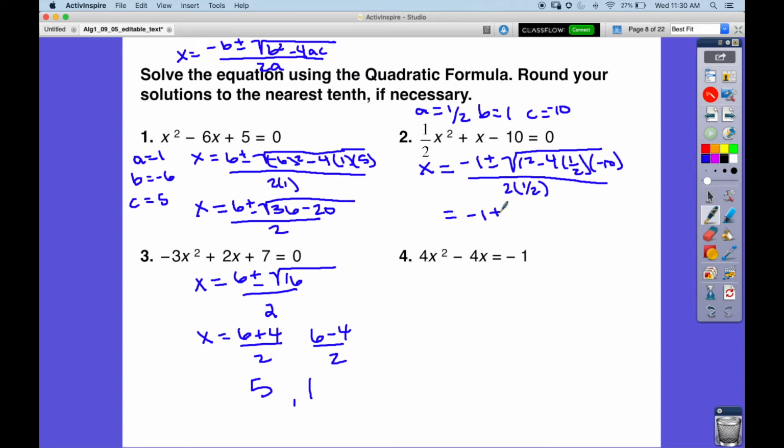So -1 plus or minus the square root of 1. Half of 4 is 2. -2 times -10 is +20. All over half of 2 is 1. Okay, so this will have to plug into your calculator. So it's going to be -1 plus the square root of 21 and -1 minus the square root of 21, because these are not perfect squares. And plug it into the calculator and you should get